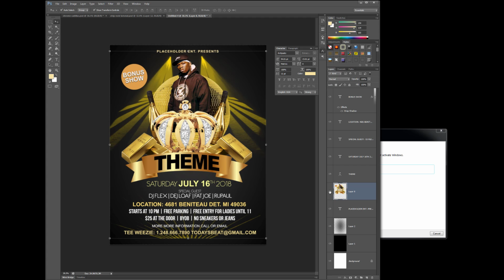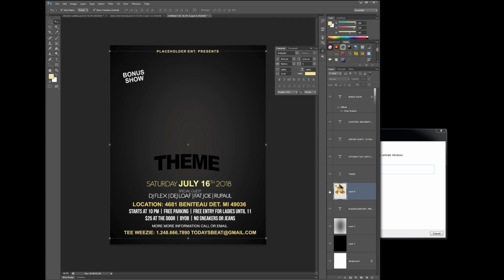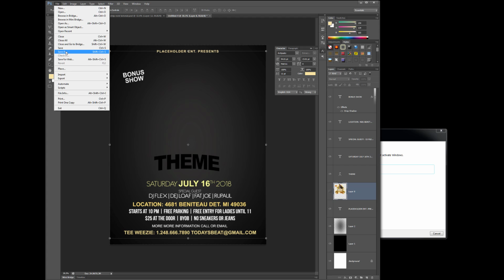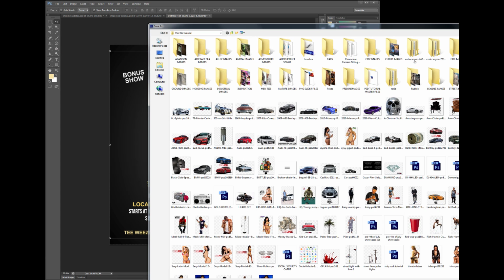So what's cool is that you save that as a template, a title template, you know what I'm saying? Flyer title template or flyer information template. So let's see what we'll do, is save as flyer information template. Now, flyer information template. I know I'm gonna lose this. Remember where it's at. This is my PSD reference material.